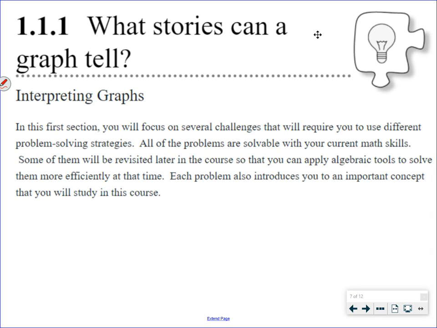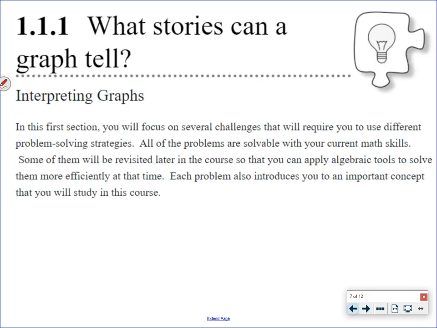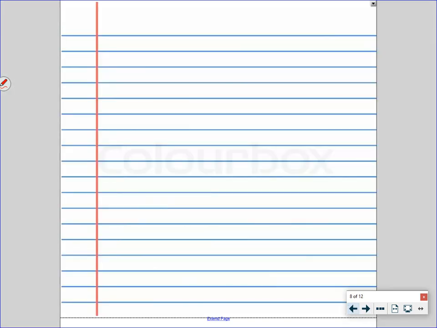So here's what I need you to do, and I've hopefully had a chance to talk about it in class a little bit. But your paper that you are going to set out, you should have a piece of paper right now with you, okay? And on that paper, what I want you to do is please write at the top of the page, nice and big,